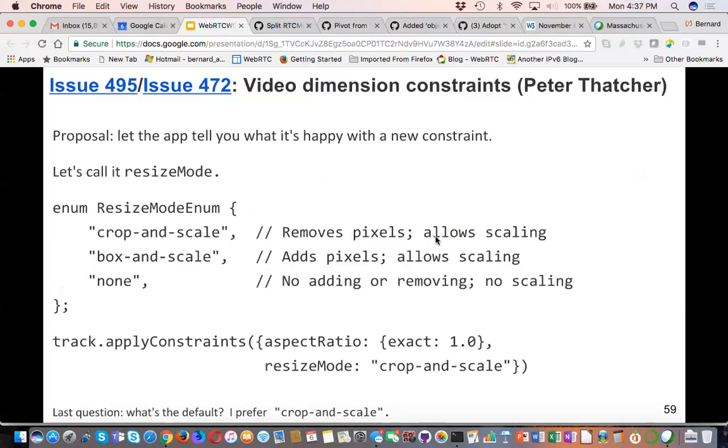I can think of good examples like 640x480 cropping down to 640x360. One by one, I've never seen a one by one camera before, but I've definitely never seen a letterbox camera before. So I sort of like crop and scale, and I sort of like none. I don't like box and scale.